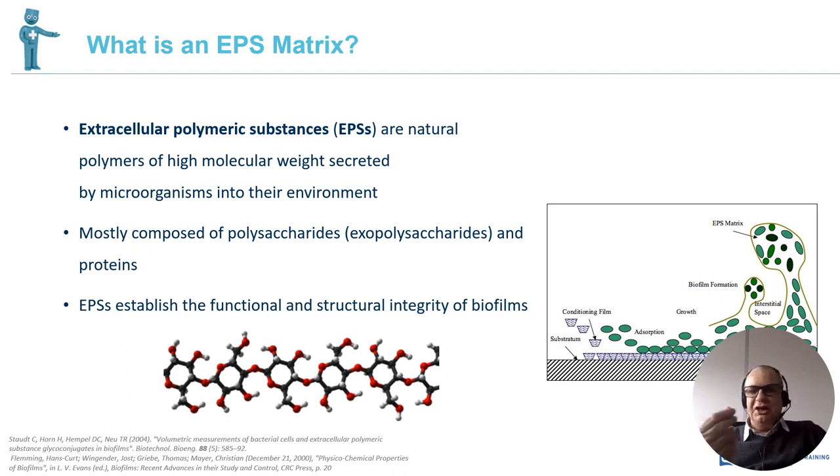That EPS, that gel-like substance that covers the wound, is basically a shield that cocoons all these microorganisms. There is a misconception that a biofilm can be visualized. This is not very common. Usually biofilms are not evident visually. Some of the signs and symptoms that there is a biofilm is that the wound is not healing. Sometimes we take a swab, and it probably comes back negative because the EPS is protecting those microorganisms, although there are different types of investigations which are quite specific and quite expensive, which can